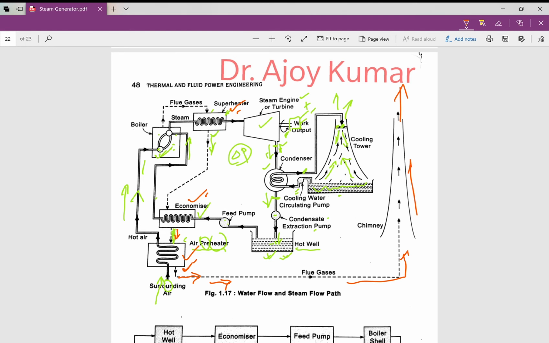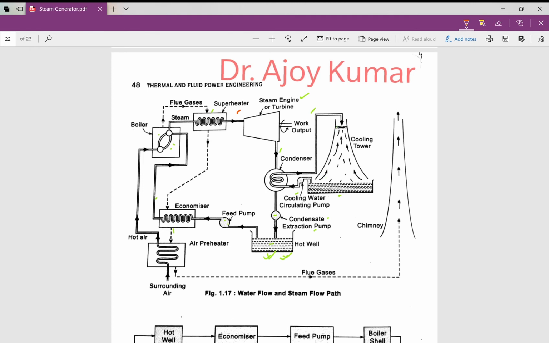Right? Now one thing I tell you, dear students, if a thermal power plant is nearby a river, generally at the time of location of any thermal power plant, we select a site where a river is flowing. Then what is the advantage? The advantage is, suppose here there is a river. This is your river. Suppose water flows in this direction.